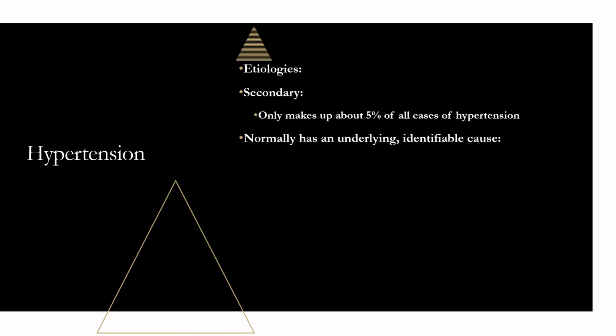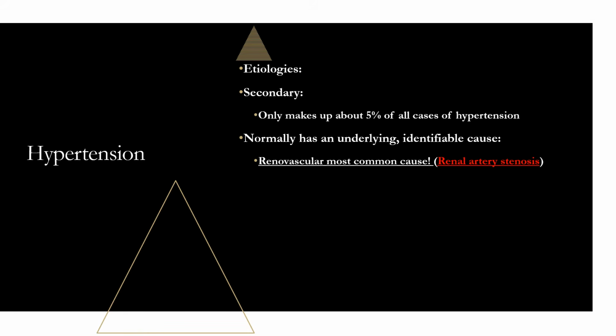Now, there's another etiology for hypertension, and this one is secondary. So secondary is not very common. It only makes up about 5% of all the cases of hypertension. So you're not going to see it very often. It doesn't mean you won't be tested on it. It just means in real life you may never come across a case of secondary hypertension, but they're definitely going to ask you a question on the boards about it. So normally, compared to essential or primary hypertension, which normally is idiopathic, we don't know the cause, secondary hypertension normally has an underlying identifiable cause